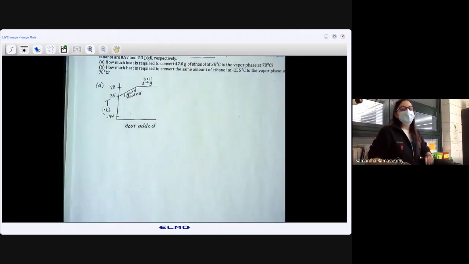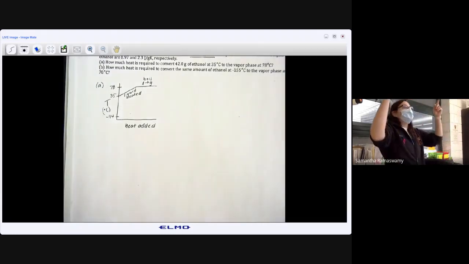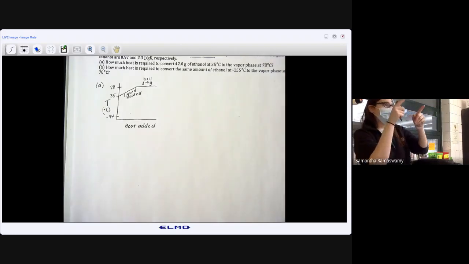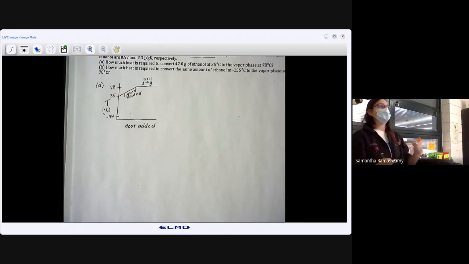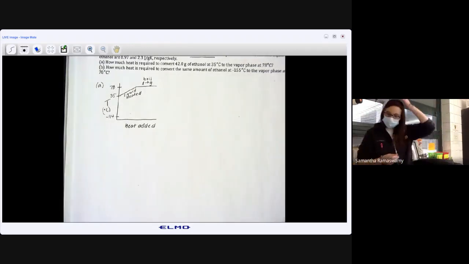All of the heat that's going in at 78 degrees Celsius is being used to break hydrogen bonds. Ethanol can hydrogen bond. That's actually why, if you look at a heating curve, the boiling plateau is much longer than the melting plateau, because in the boiling plateau you're overcoming every single intermolecular force that exists. So then when it comes to doing the math,